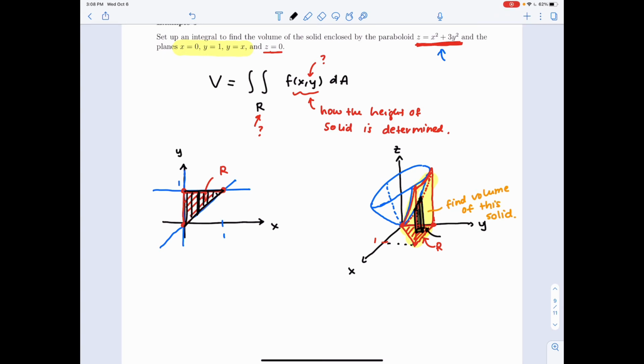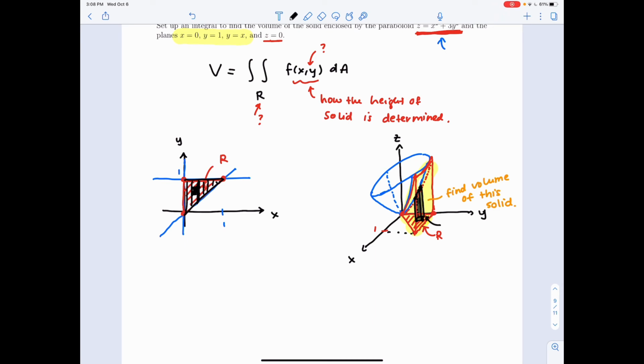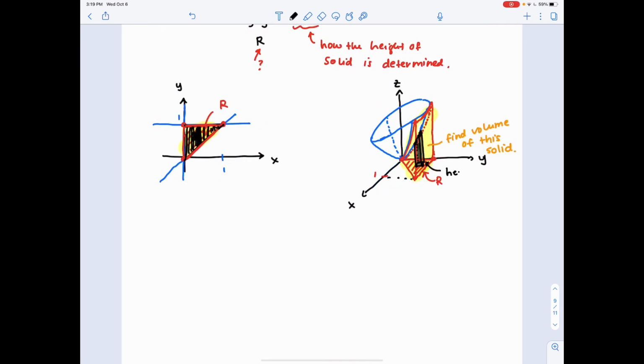So we know that when you take a region of integration, you're integrating over little squares of that region, and when you transform that three-dimensionally, you are integrating essentially the volume of the rectangular prism that you get, whose base sits in R and whose height is determined by the top of the solid, which in this case is that bounding paraboloid. And so our heights are determined